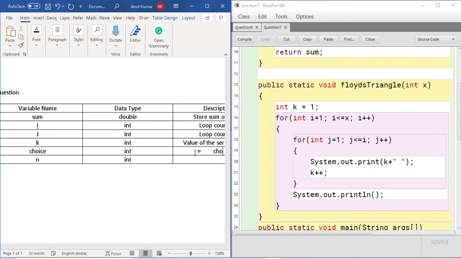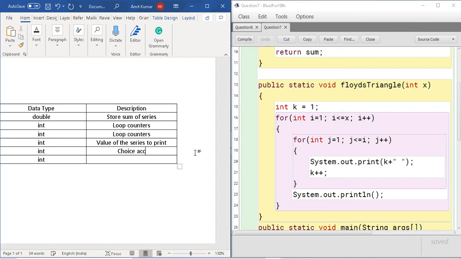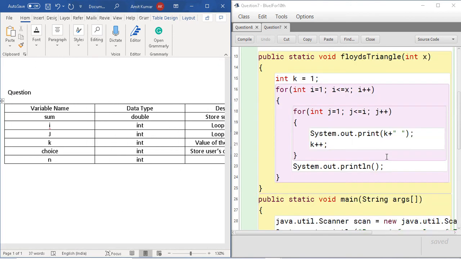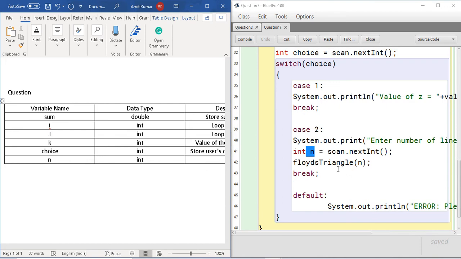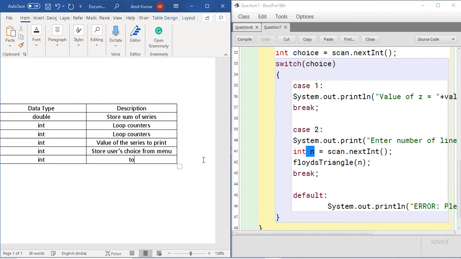So choice should be the user's choice: store the user's choice from the menu. And the last one is, I think, n. What is n for? This is to accept the number of lines.